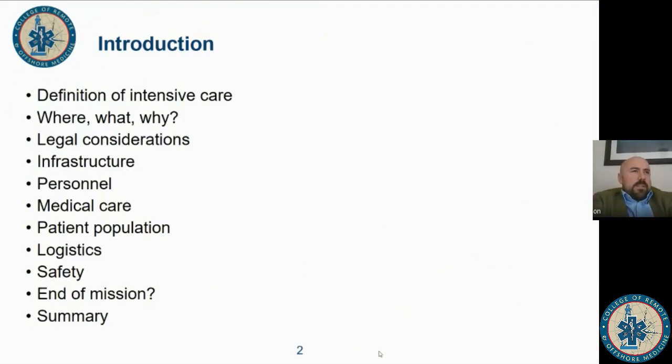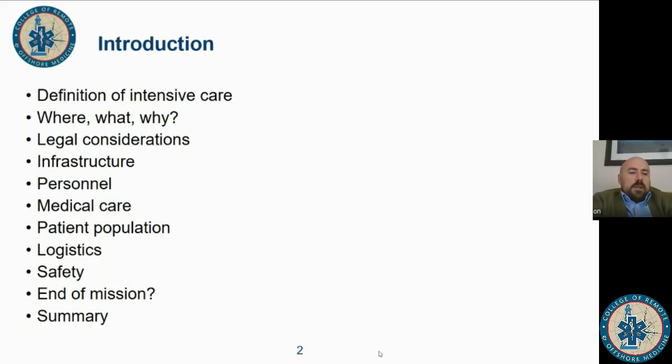I thought we'd break this down. So what we'd do is we'd define what intensive care actually means. Then this is going to be interactive. I need some input from you guys because it'll help gauge or help you see what's useful from this. So the where, what, and why of what exactly somebody would want to achieve,